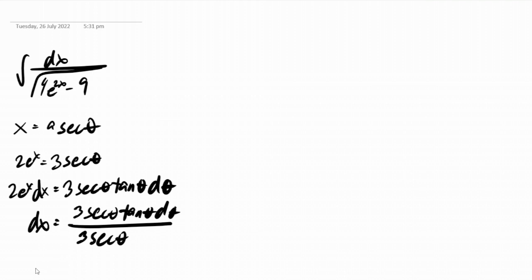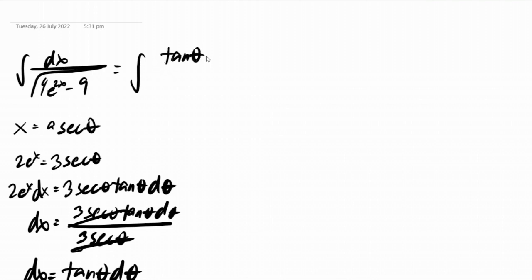So our dx, if we cancel out both of these terms, is equal to tangent theta d theta. There. So substitute our x and dx, that is tangent theta d theta all over